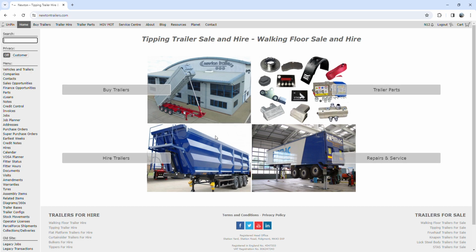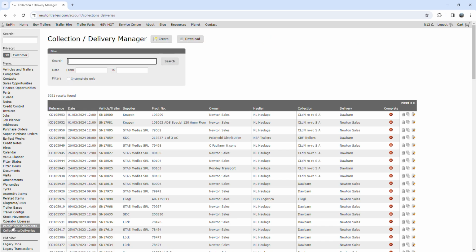This is a how-to video on the actions required when a trailer arrives in our yard. Firstly, navigate to the left-hand pane on the Newton website and locate collections and deliveries. This then provides an overview of the trailer collection notes where you will be able to identify which trailer is